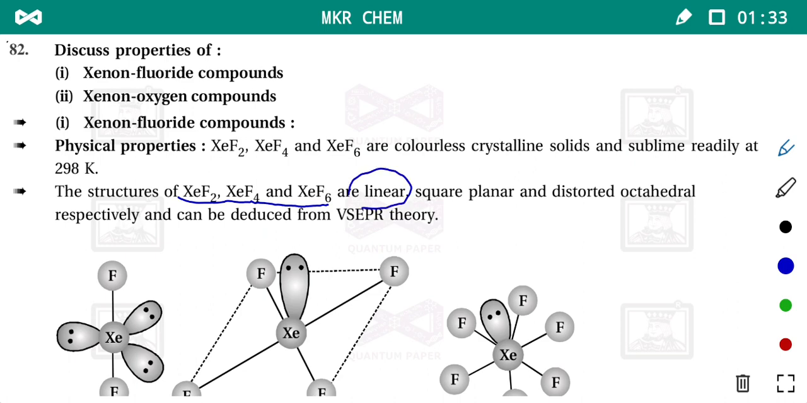XeF2 is linear in shape in the Lewis structure. XeF4 is square planar and XeF6 is distorted octahedral. In objective you are asked how many lone pairs and bond pairs are present and what the structure is. This is not new for you, my friends. Already you have drawn the Lewis structure based on VSEPR theory, valence shell electron pair repulsion theory, which we have to use here. So based on VSEPR theory, three structures